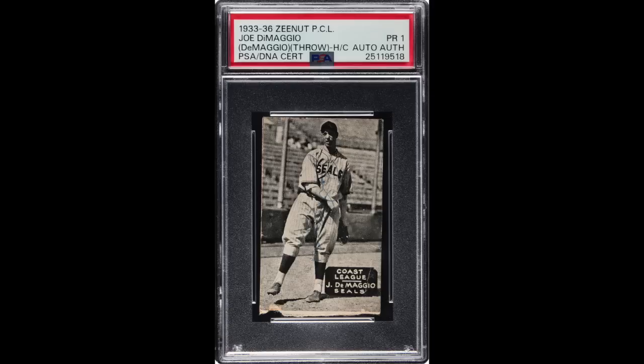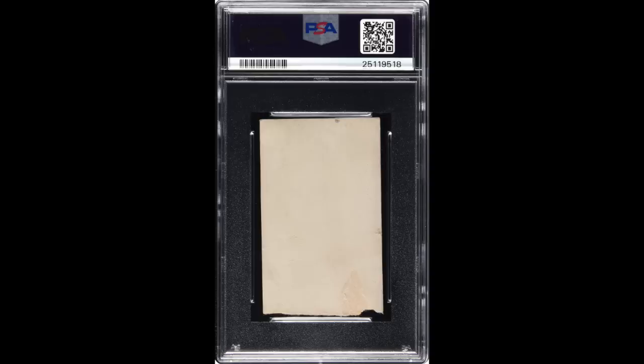Back when he played for the Seals, we all remember those great Seals teams from the 1930s. And this was obviously before he was anybody important. They couldn't even spell his name right, spelling it DiMaggio with an E. That's incorrect, as it should be an I. You can see the card is clearly a poor condition card. The bottom has been ripped and is not in the greatest of shape. Sold for